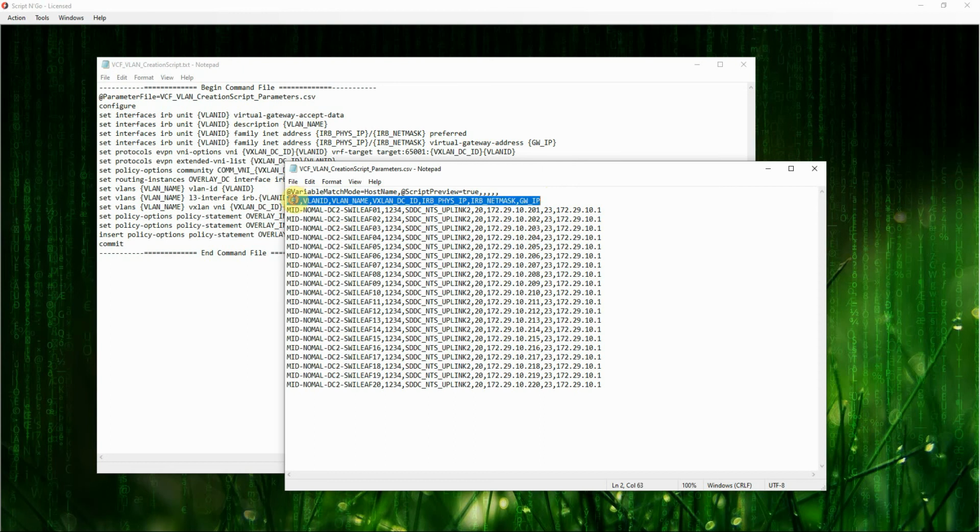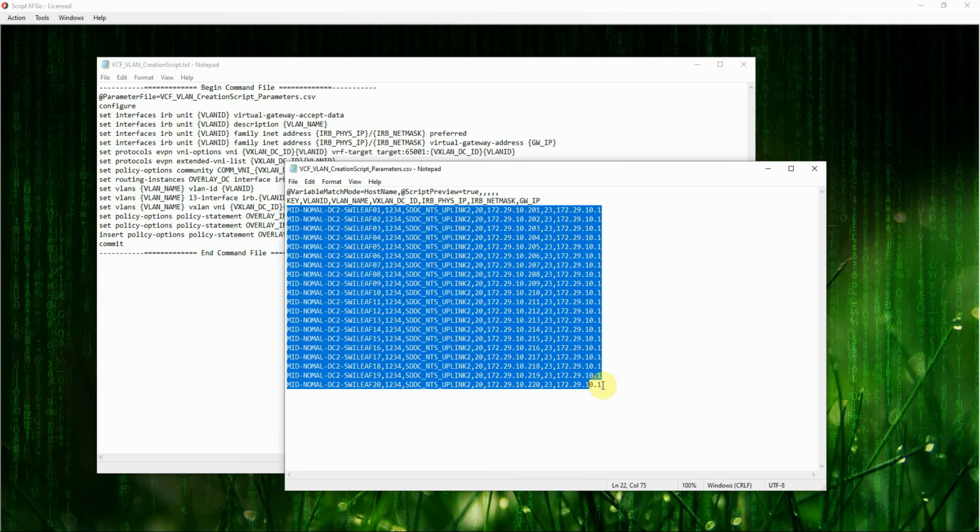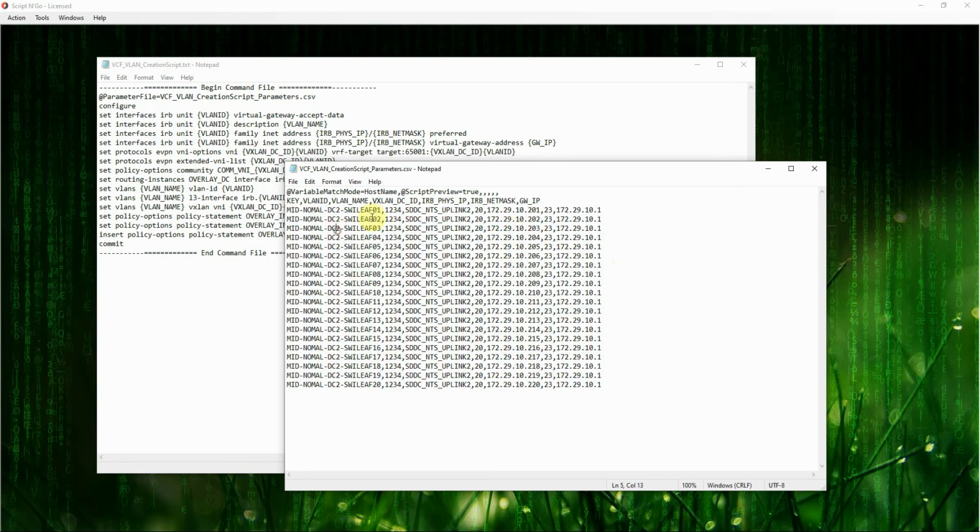The very first item in the list has a specific use and may have any name. In our example, it's named key. The value in this column is used to look up the right set of variables for a particular switch. From this point, each line of the file must contain variable values for a given switch. The first column must specify either a hostname or an IP or network address. The address may be a single IPv4 address or a network prefix in CIDR format like